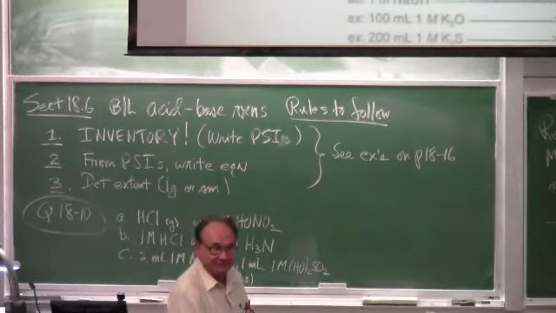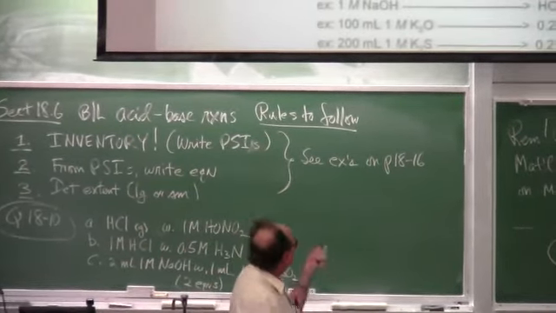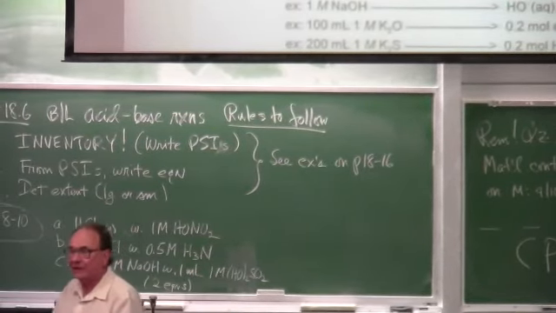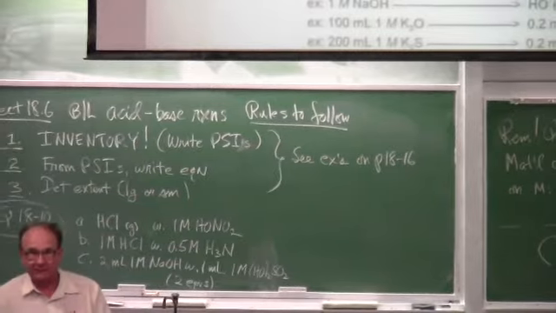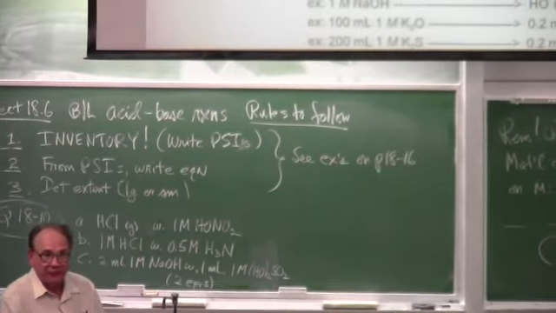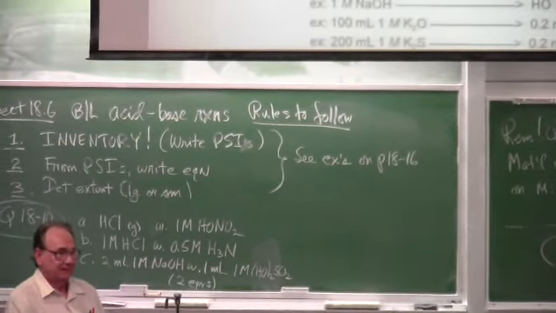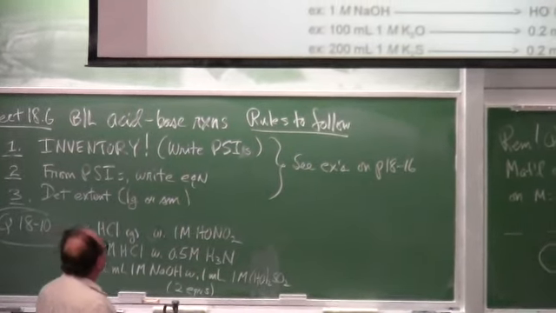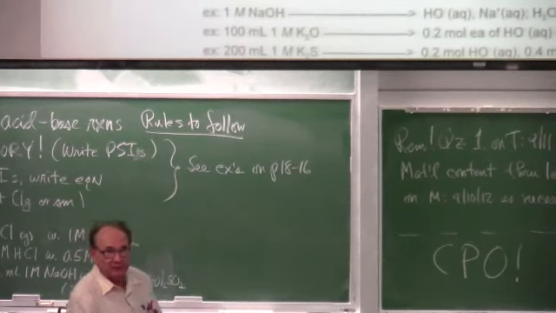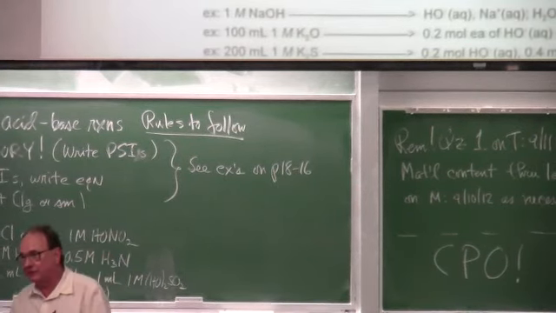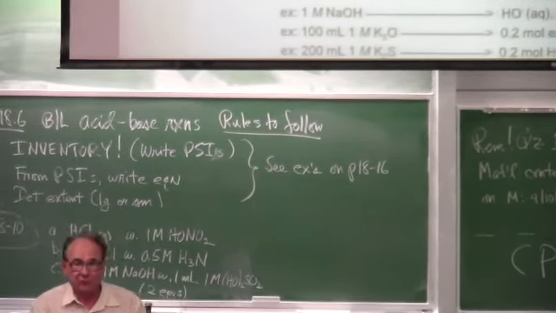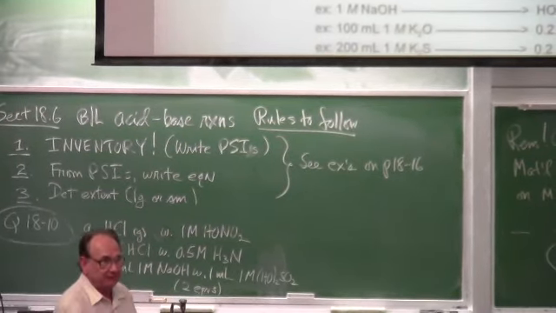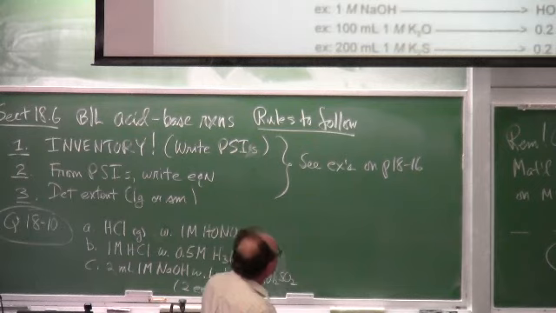Strong acid. 100 milliliters of 1 molar HCl, for which in this case I've written a QPSI. Remember what that means? Q means quantitative. And in chemistry that means how many moles. So for 100 milliliters of 1 molar HCl, we will have in that solution 0.1 moles hydronium ion, 0.1 moles chloride ion, and about